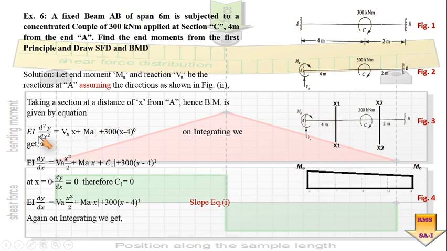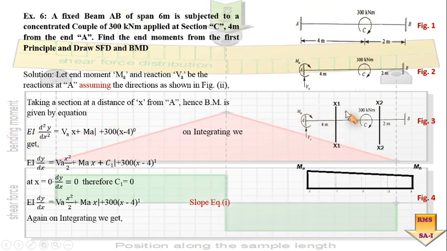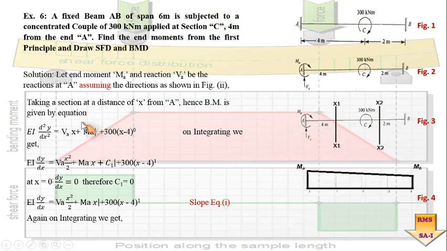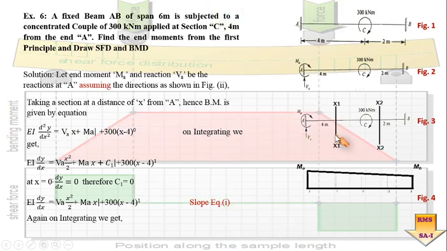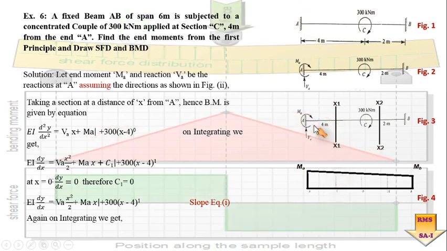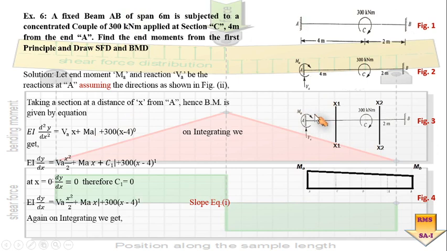We know that in order to establish the relationship for the bending moment, slope and the deflection, we have to go with the first principle, in which the very first section we are going to take at x1 and x2, and accordingly we are going to substitute the value of bending moment happening at that section. So here we can see VA into x. So with first equation VA into x, and here it will be equal to MA, and both are positive because they are clockwise. So this VA into perpendicular distance x is clockwise, as well as MA is also in the clockwise sense. So both are taken as positive.